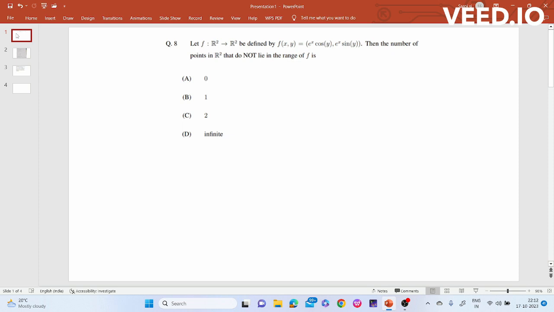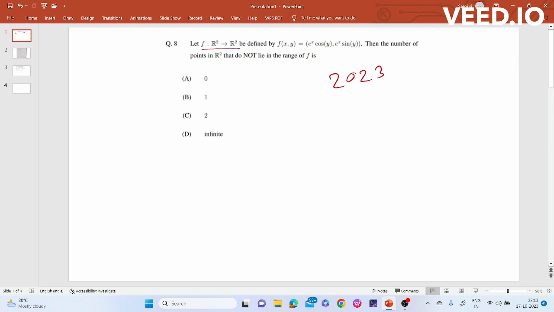Hello students, today we will solve a very interesting question on mathematics. This question was asked in IIT JAM 2023. Here the question is, in the given question, f is a function, f is a mapping from R square to